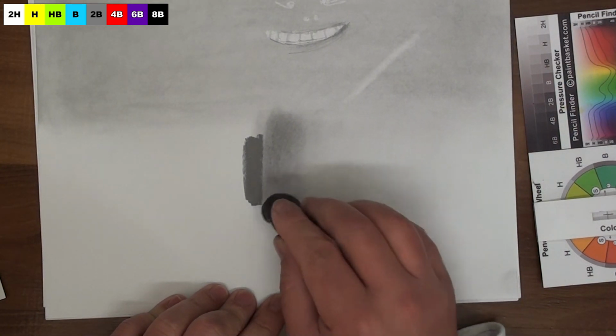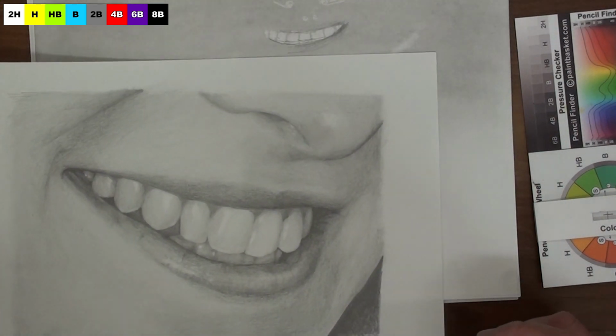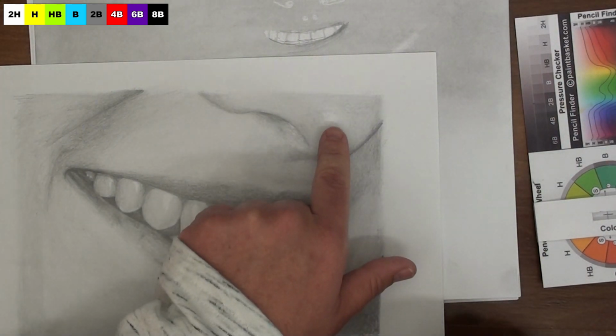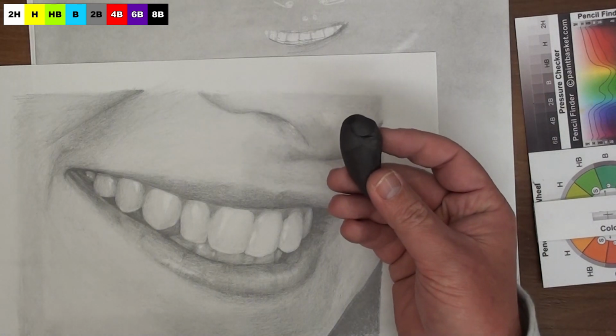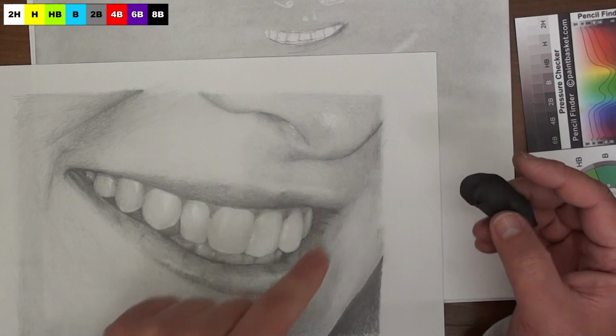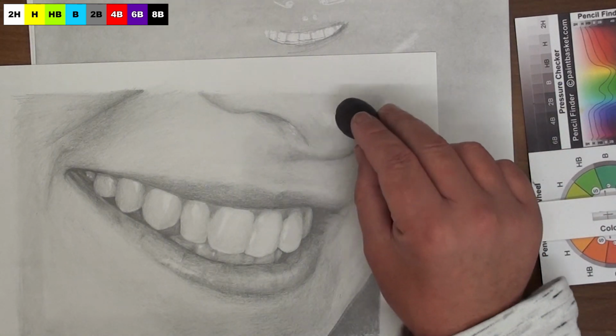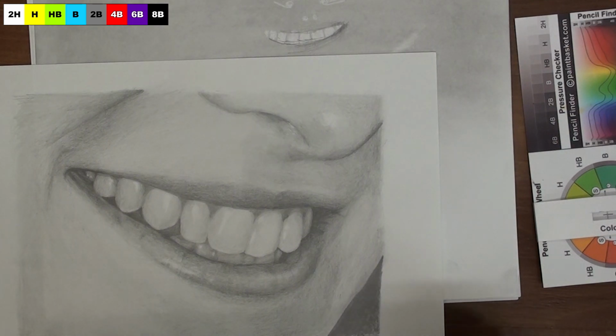Sometimes you need to just gently lift up something. For example, let me see what I can show you as an example. Here's a great example. Can you see over there? That little highlight on the nose. This is the guy to do it with, because you've now got a basic shading over there. You've added maybe a few darks, and I just tap, tap, tap, tap, tap with your kneaded eraser, and there